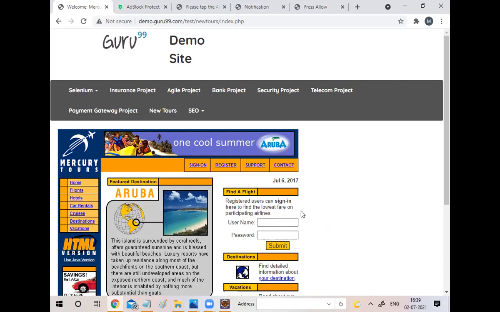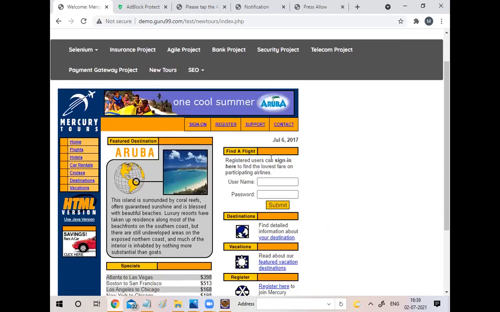Tomorrow the client says, I want to keep one more button here, a reset button. Then you will know the change is only in the particular find a flight class, so I can go and modify it. My script is easy to maintain.